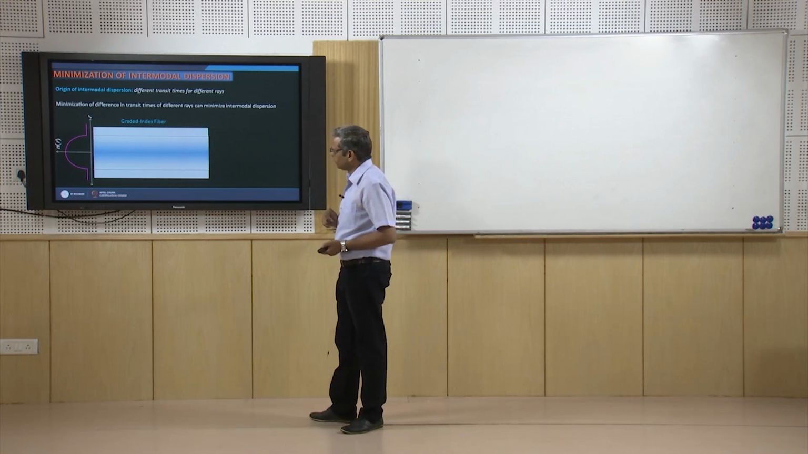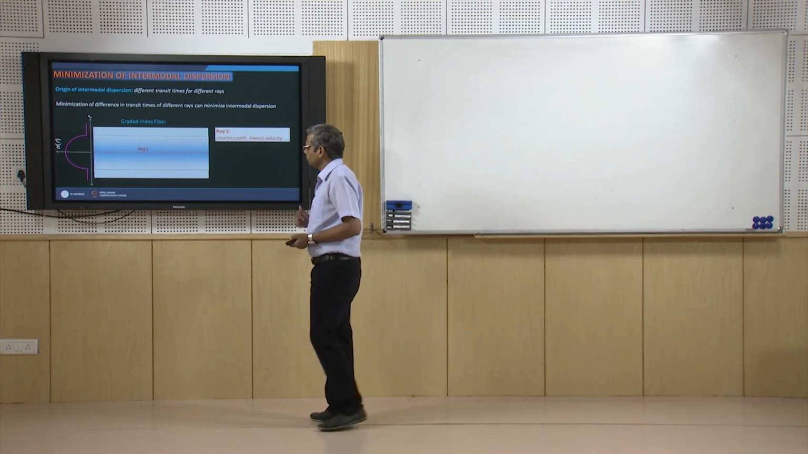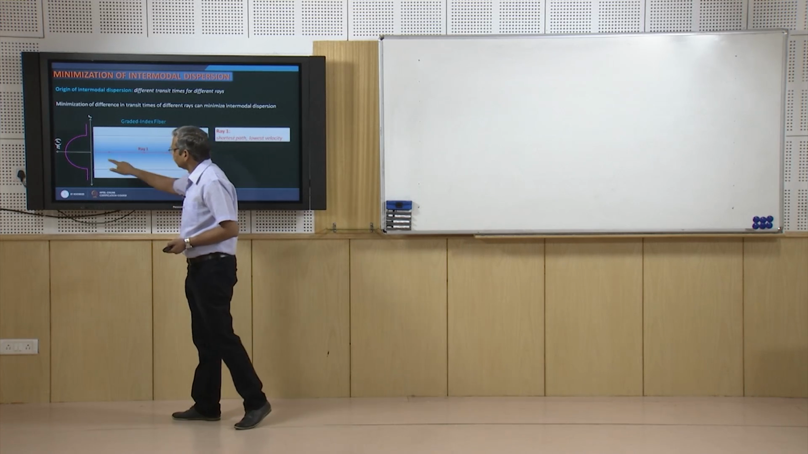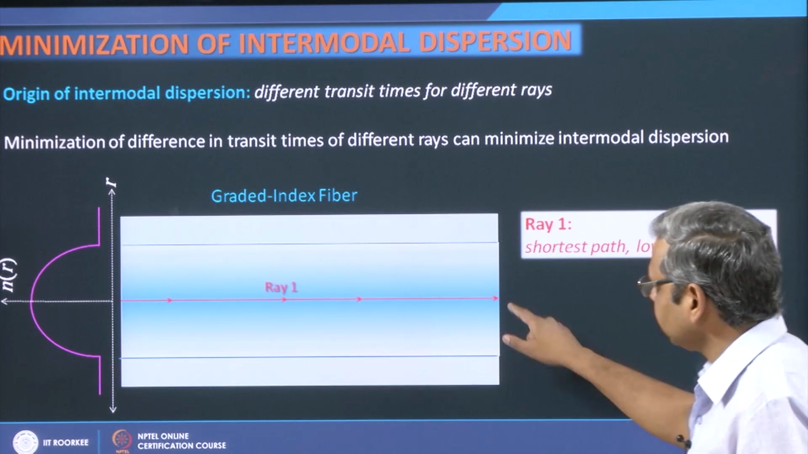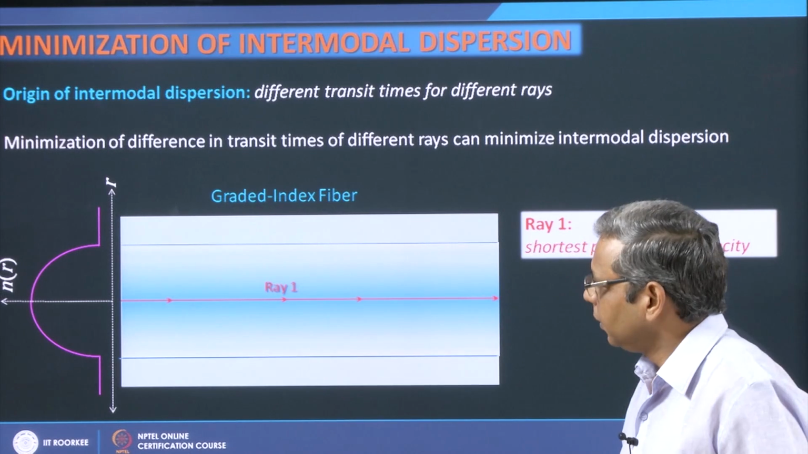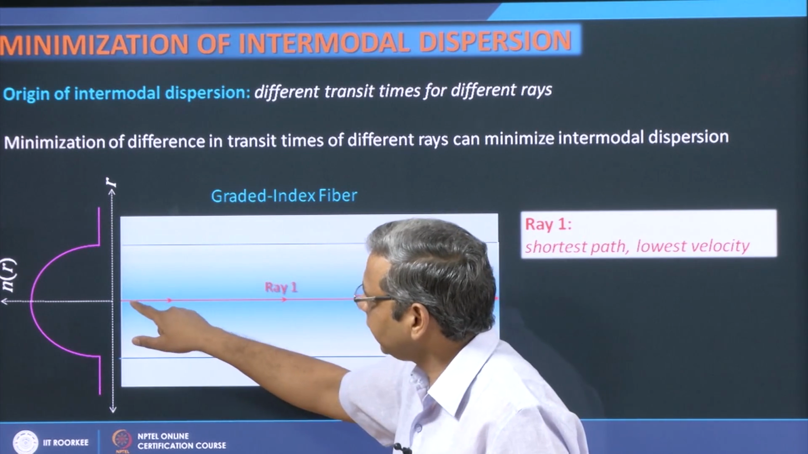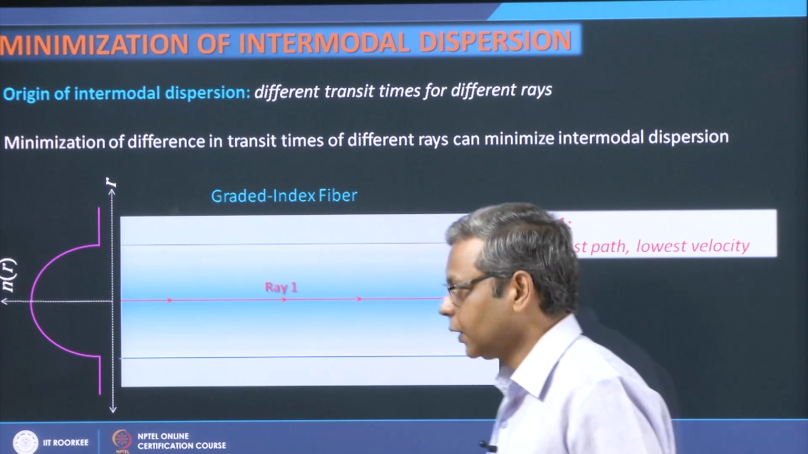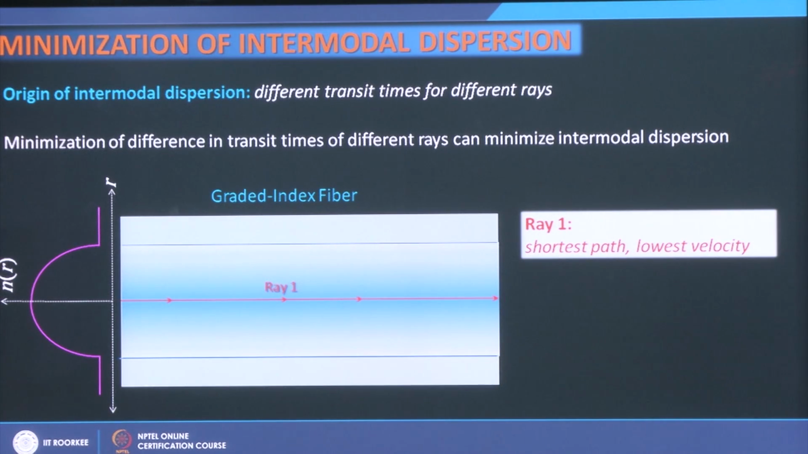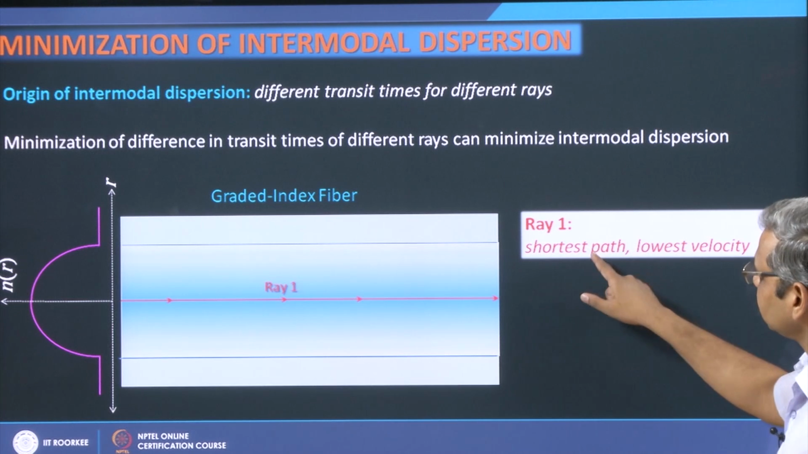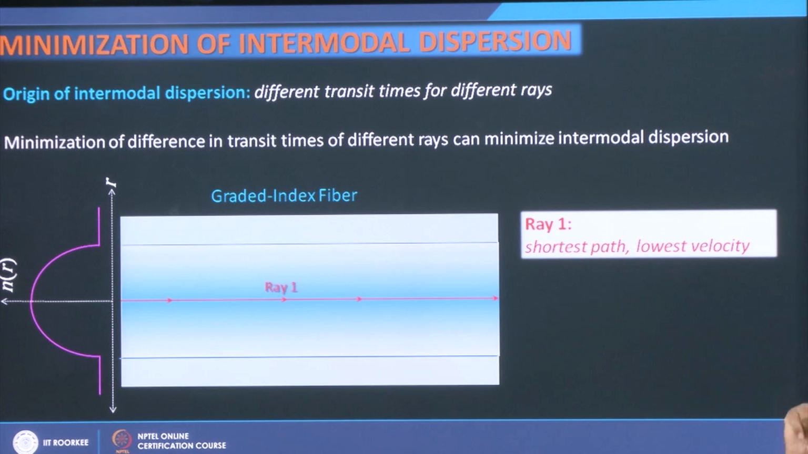What happens in a graded index fiber? For an axial ray, the path is like this. So, the path is shortest, but here I have the highest refractive index, so the velocity of light is the smallest. Okay. So, ray 1 has the shortest path, but the lowest velocity also, it is slowest,